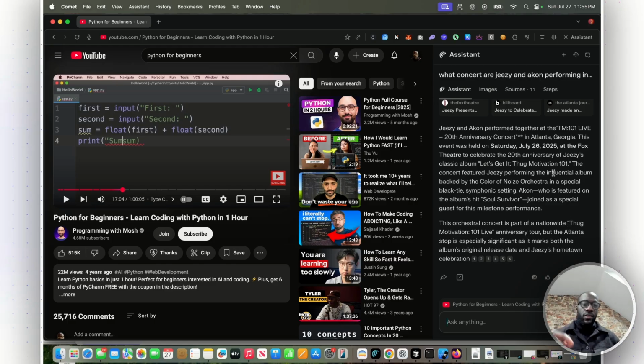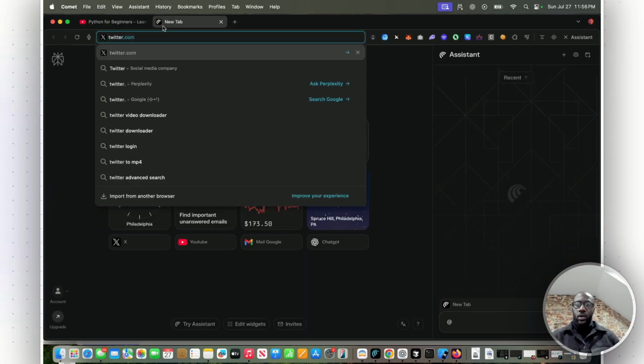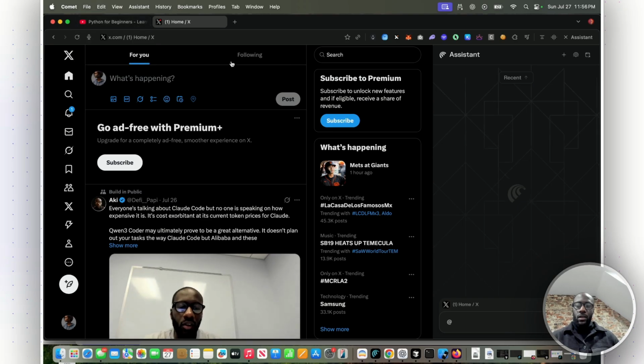So that assistant that's always with you is very helpful, and then you can literally call in different tabs. So in here I have this YouTube tab open, but let's say I also had, I don't know, Twitter open. I could call in the YouTube video that I was watching, and then I can combine it with other tabs that I have open and ask questions. So I can pull in for context the different sites that I'm on.